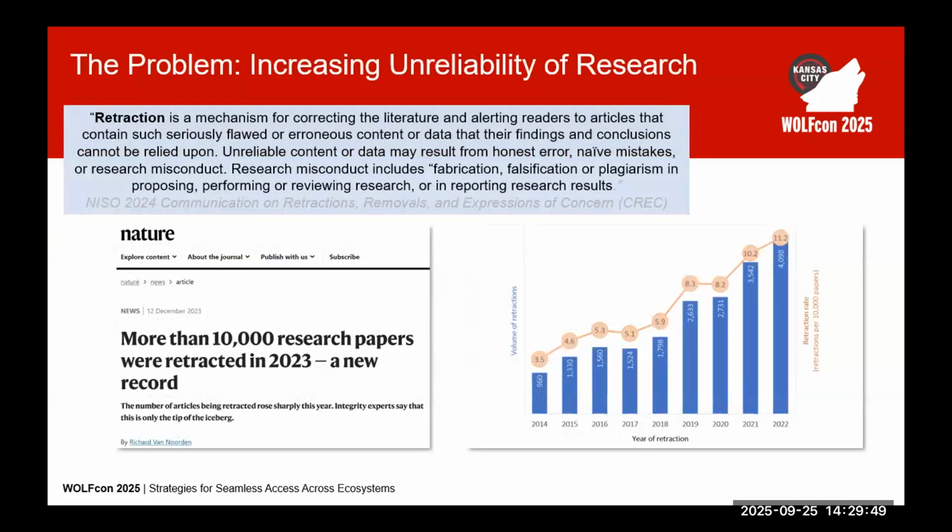AI throws a whole other kind of wrench into the situation. And in combination with that whole predatory publishing industry, there's just a large increase in the number of retractions. So retractions are also going up as open access publishing does as well. So it's important for us to be able to expose when retractions take place and make sure that that's a highly visible part of the research process.